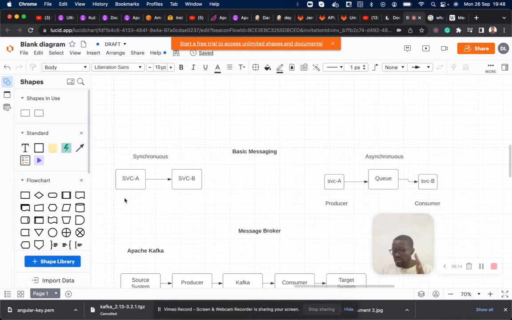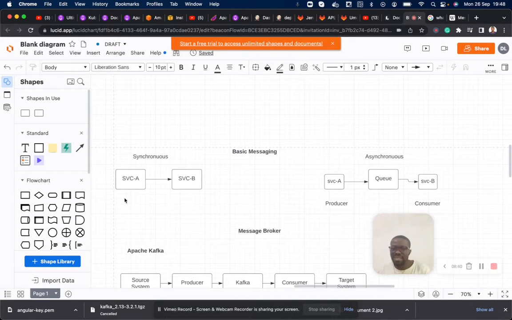The messages go into a queue, a system where the messages are stored. When it's time for service B to start receiving the messages, service B will go into the queue, pick the messages, process them, and do whatever it pleases with them. In that kind of setting, we call it the asynchronous style of messaging.